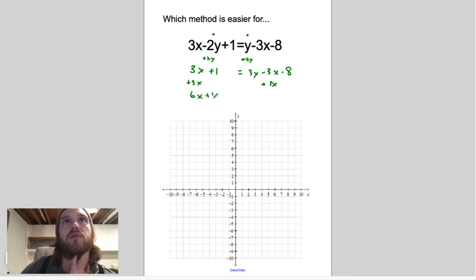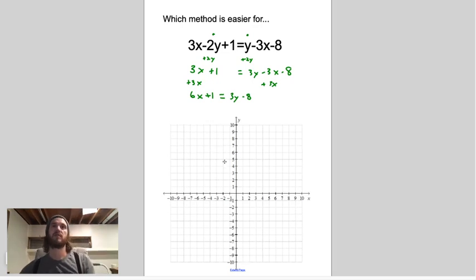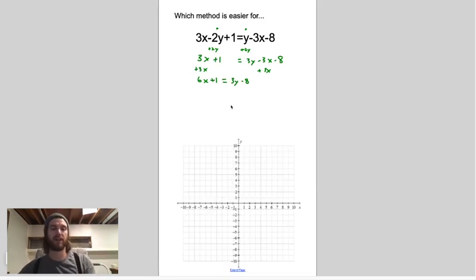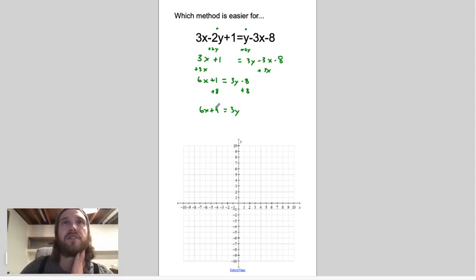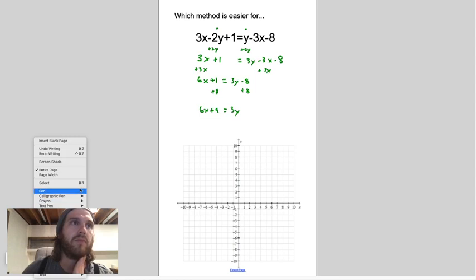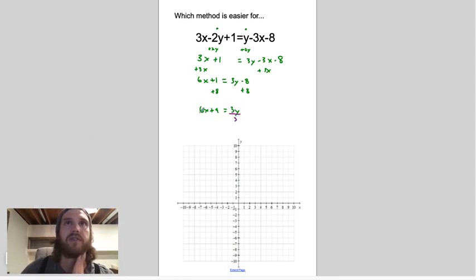6x plus 1 equals 3y minus 8. Okay, now the only like terms that are separated here are the constants. And so I want to get it into slope-intercept, so I'm going to add 8 to both sides. And you'll get 6x plus 9 equals 3y. Now, why is this handy-dandy here? This is nice because all of the constants and the coefficients are all divisible by 3. So when I divide the left side and the right side by 3,